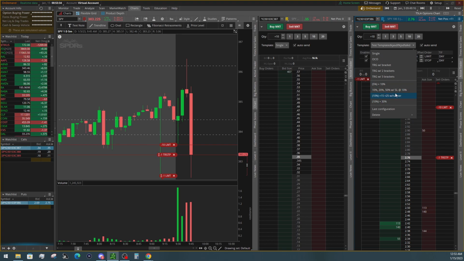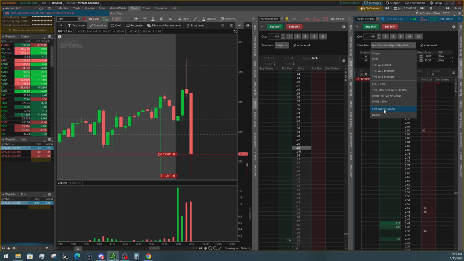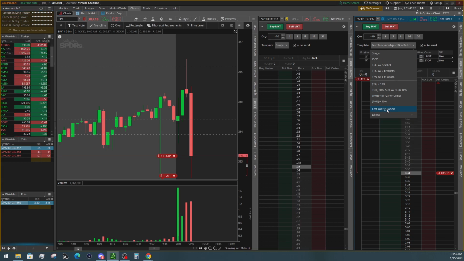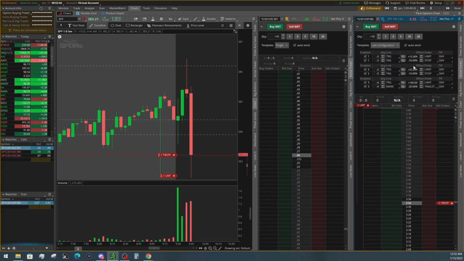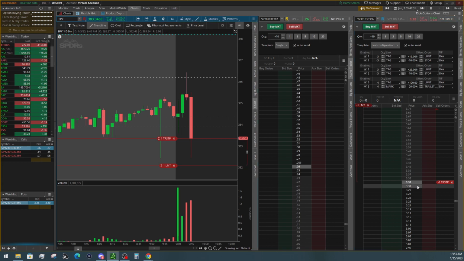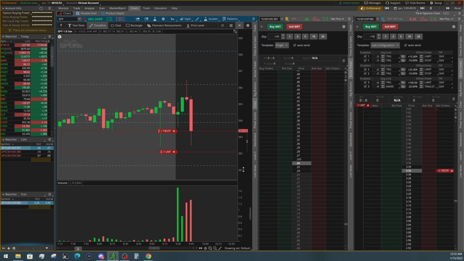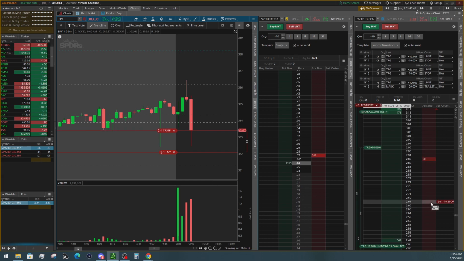So you can add these, you can delete these, and the other thing you can do that's pretty cool is go to your last configuration. Last configuration is the last thing I did. Well, the last thing I did was that 3 bracket order, and we're down to our trail stop now. We're set at 100% with our trail stop. And actually, if I was smart, this is going pretty good. If we get past that without triggering our trail stop,